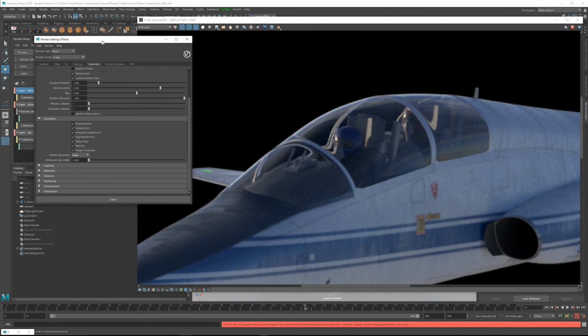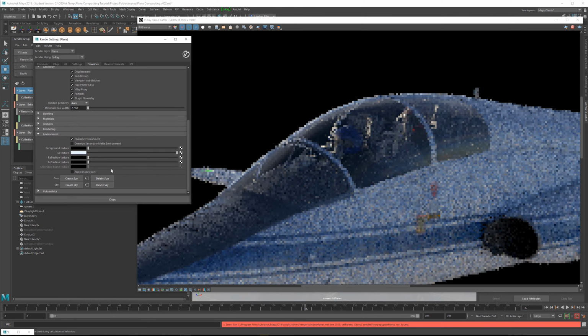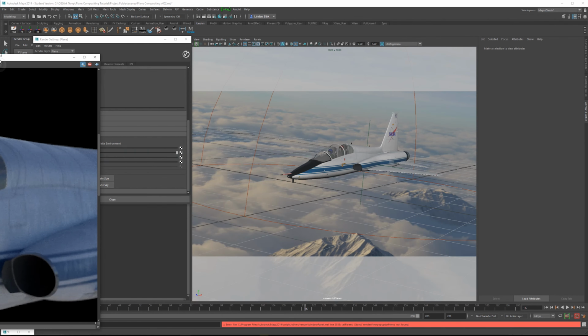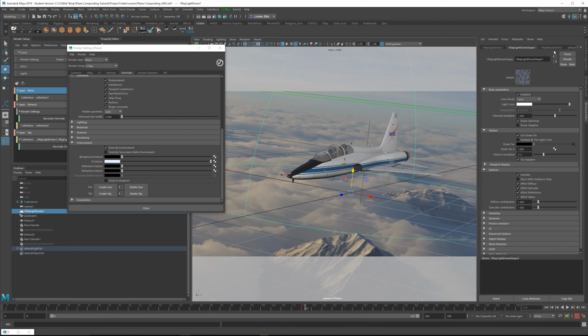So what we have to do is go into our environment tab, scroll down, enable override environment, and then for the refraction texture, we need to load in the V-Ray dome light environment. I'm going to pause the IPR here, just move this over. So we're going to select the dome light, go over to our dome light shape, go to the dome text,